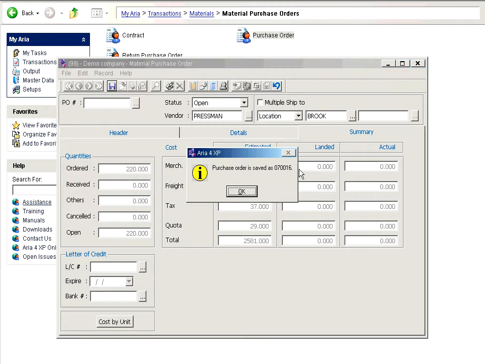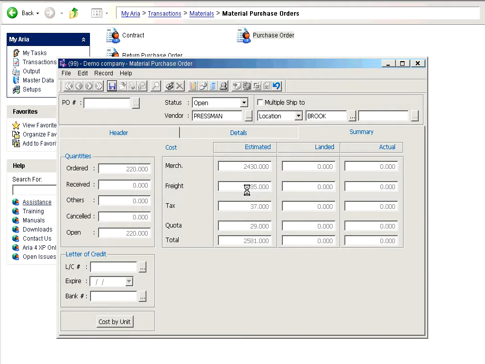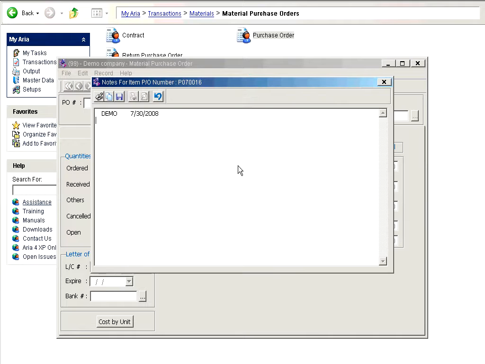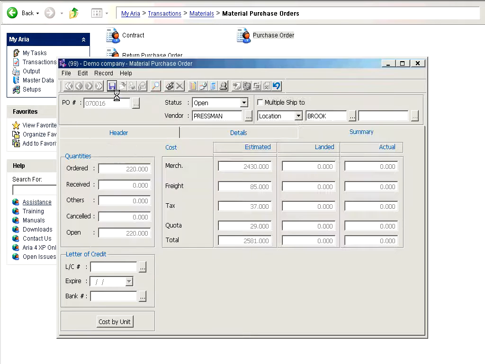When we are done, I'm just using my mouse to click on the save button. It gives me the PO number. I click OK. It will ask me the standard question that you get after adding any information to the system, if you'd like to enter any kind of notes. You can say yes, and you start entering any kind of shipping related or packing related notes,